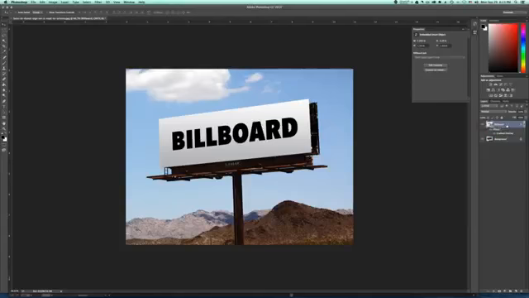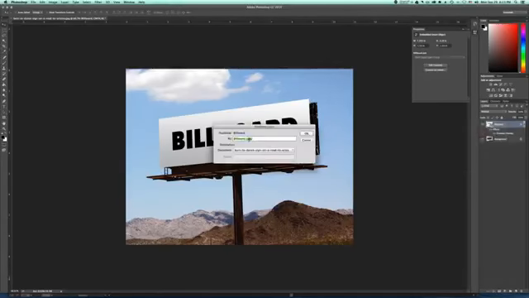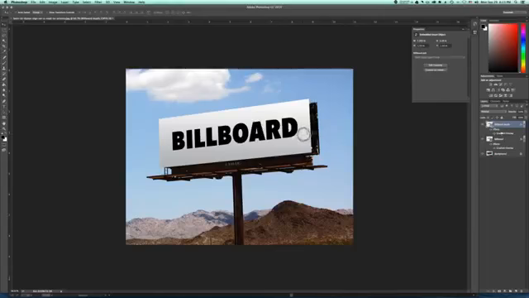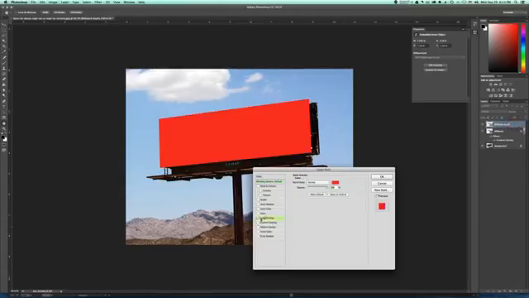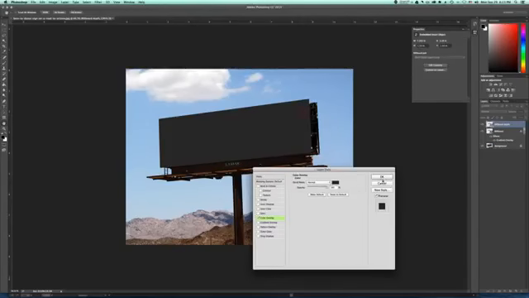Okay, so now I'm going to right click on my billboard layer and I'm going to duplicate the layer. I'm going to call this billboard depth and click OK. And I'm going to drag gradient overlay down here to the trash, double click on here, and I'm going to click on color overlay, and I'm going to get a dark gray, not completely black but a little darker, and click OK